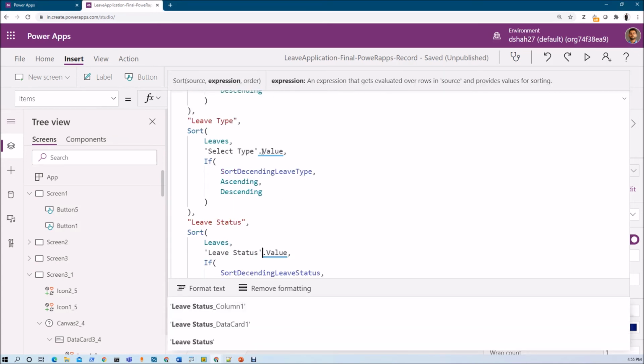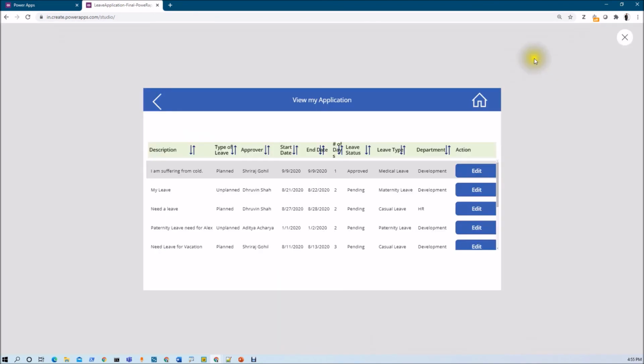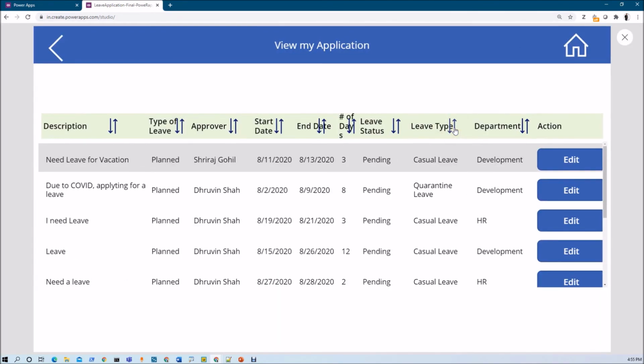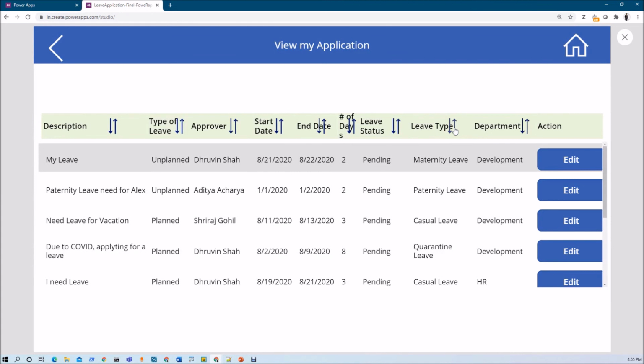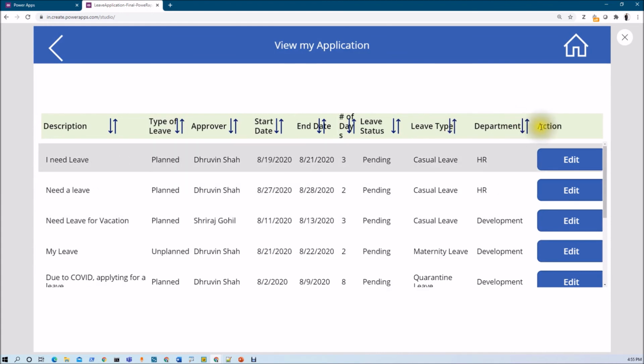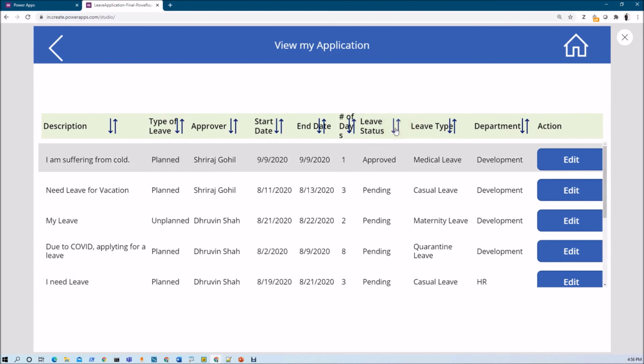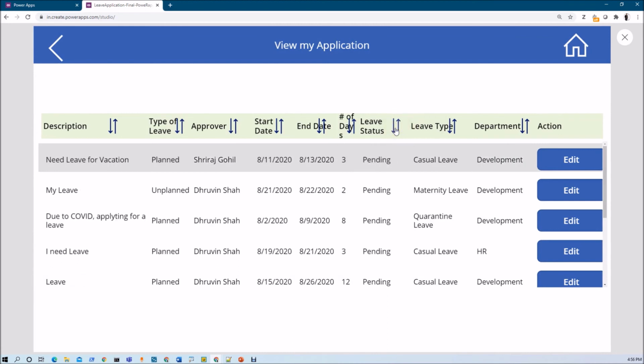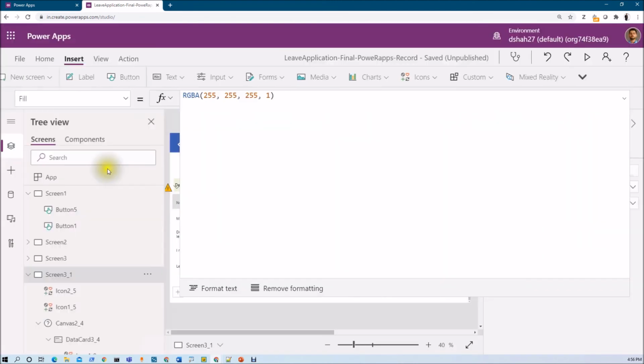Okay, we have added all three codes here, and now let's check that leave type. It is working absolutely perfect. Same way for department, it is also working perfect, right? And for status, let's check that it is also working perfect, right? So this is how we can implement the sort function for our grid.